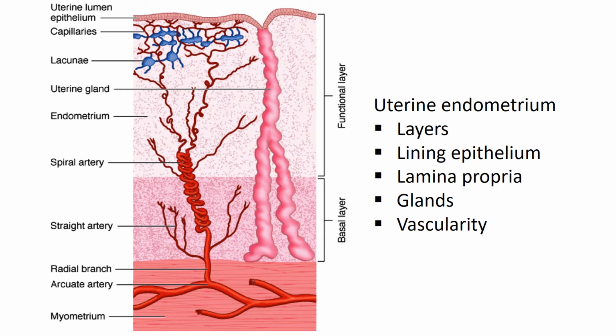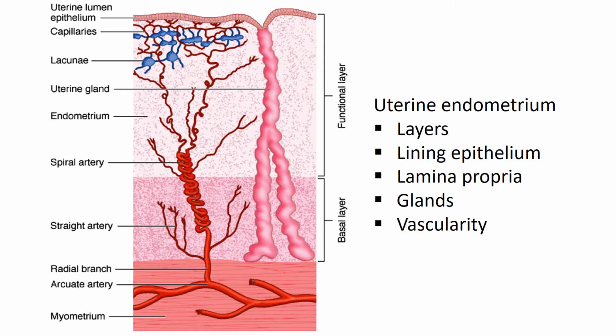So the layers are divided into two. The outer two-thirds portion is known as the functional layer, or stratum functionalis, and the inner portion in the vicinity of the myometrium